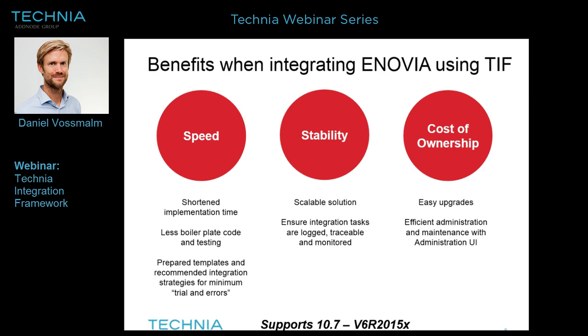Then the final benefit, which I believe covers all these areas, is the cost of ownership. As mentioned before, you have shortened implementation time, less code to maintain, less testing, and easier changes to integrations as well. But also you have an easy upgrade of TIFF. You don't need to upgrade ENOVIA to upgrade TIFF. So you can easily benefit from new releases of TIFF once a year or every quarter if you like to,